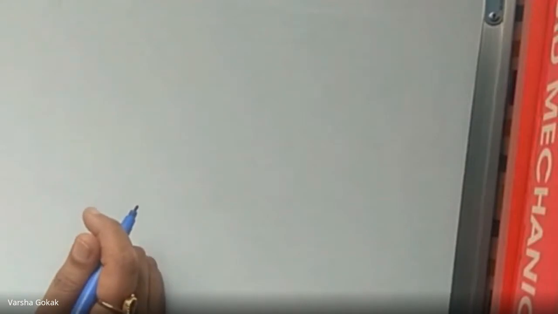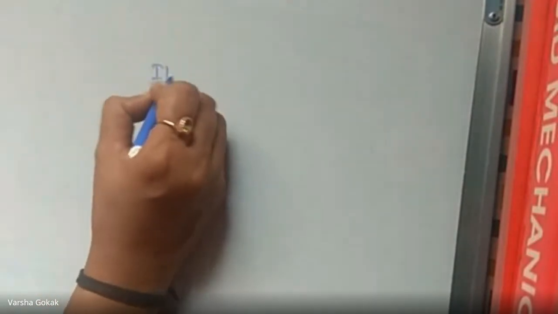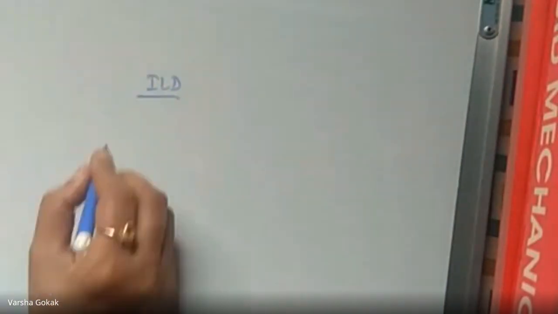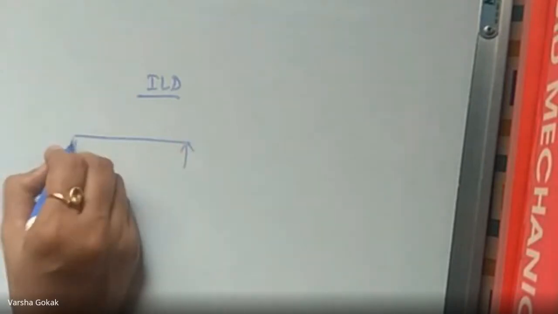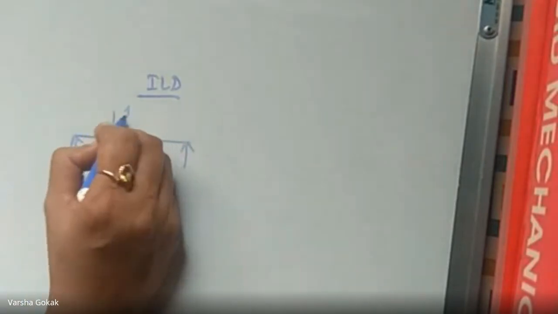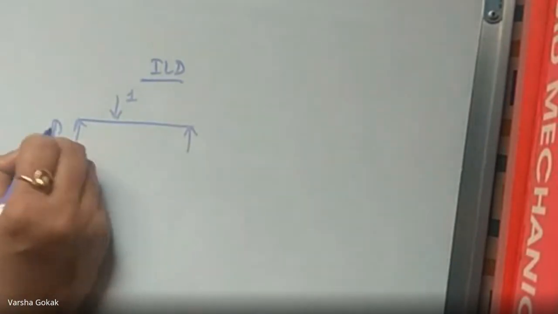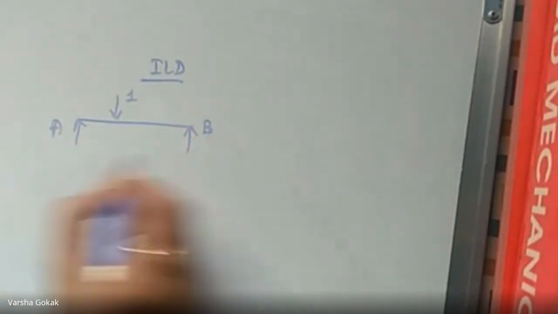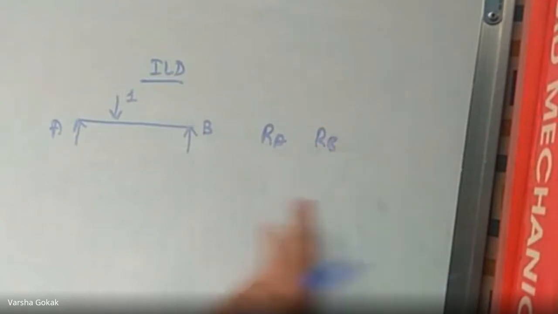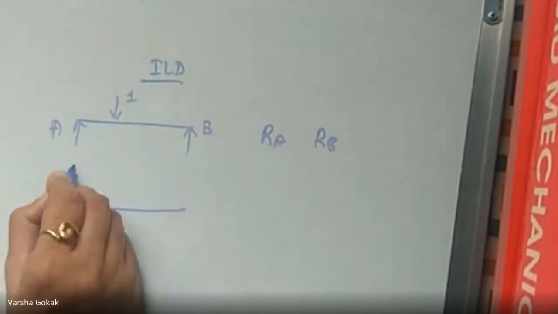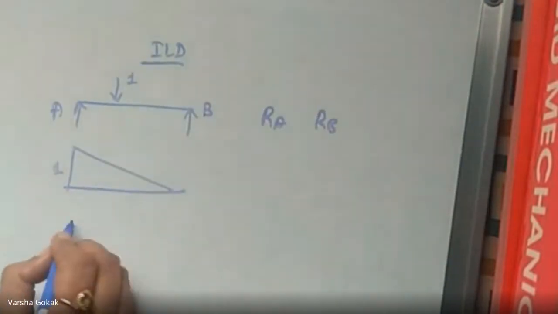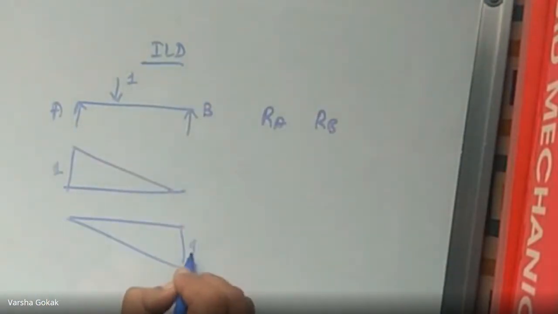Okay. Good afternoon, everyone. In the last few classes we were dealing with influence line diagrams, right? We have drawn influence line diagrams for unit loads on a beam placed anywhere. So we placed a unit load, and based on this unit load, we found the reaction values at, say, if this is A and B. So we found RA, RB, that is the reactions at A and B because of this unit load. And then we drew the influence line diagrams like this, where this was unity and this RB was unit value.